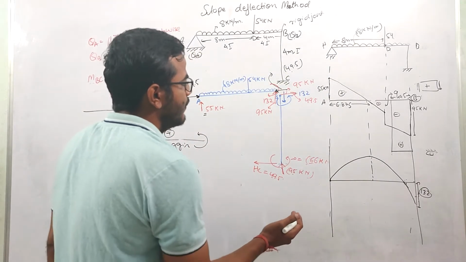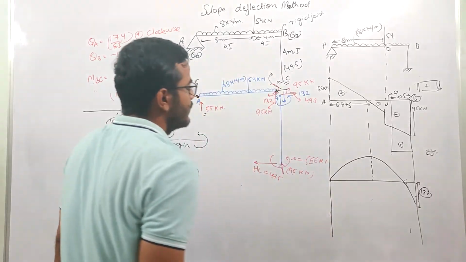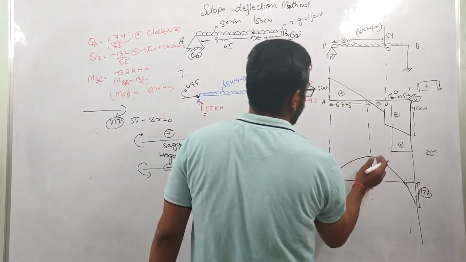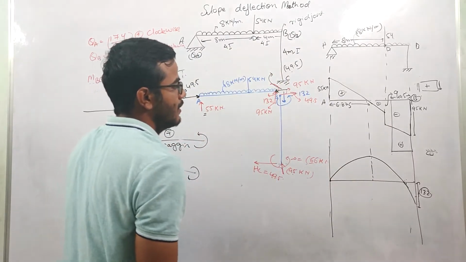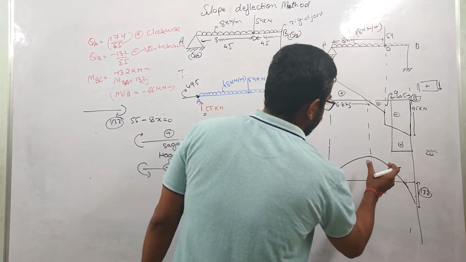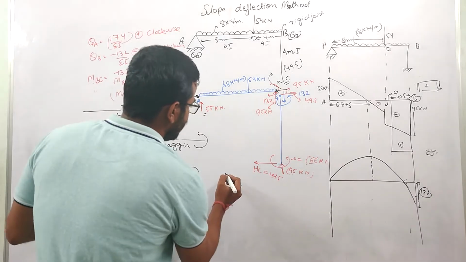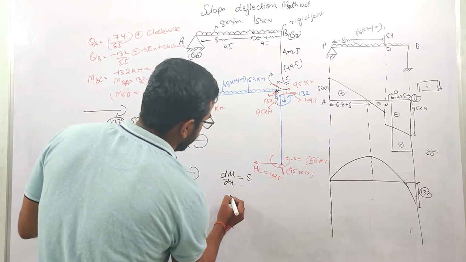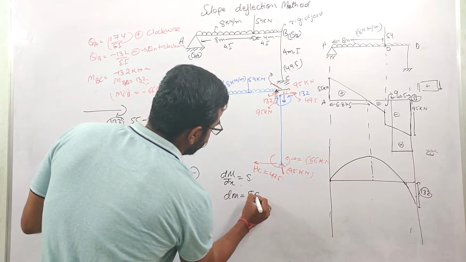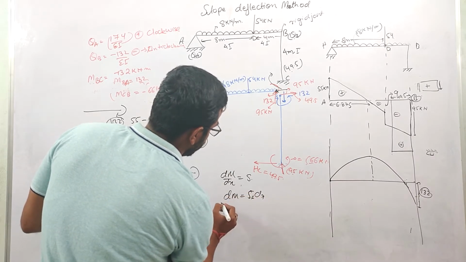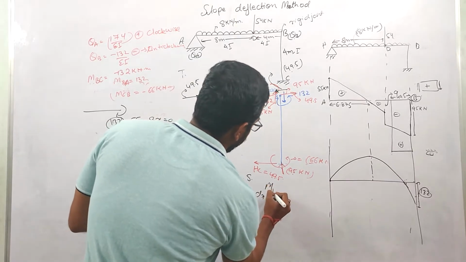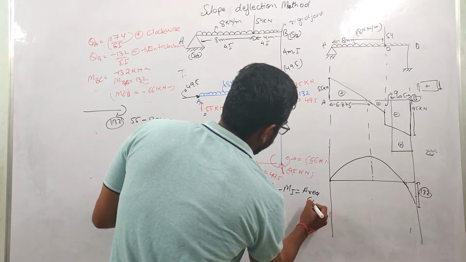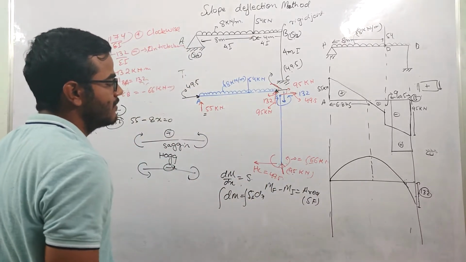If you want to find the value we are getting at this point, this maximum value we need to get, because if we want to design this beam, we need to have this maximum value. So let us use the concept of dM/dx equals shear force. So dM equals S dx. If I integrate this, I can write Mf minus M initial equals the area under the shear force diagram. This thing we have already discussed.